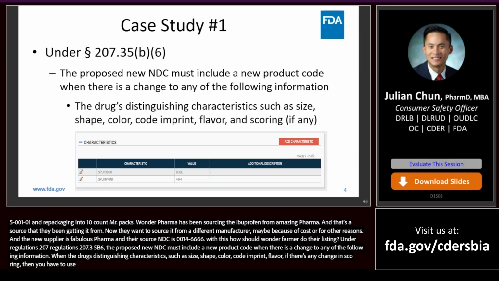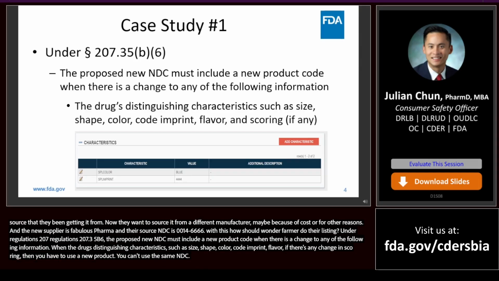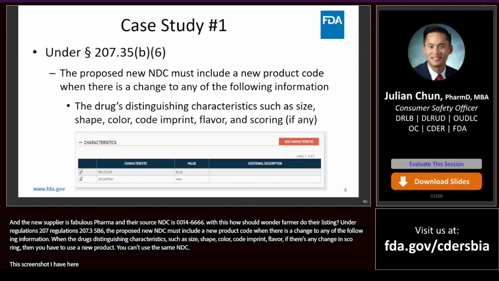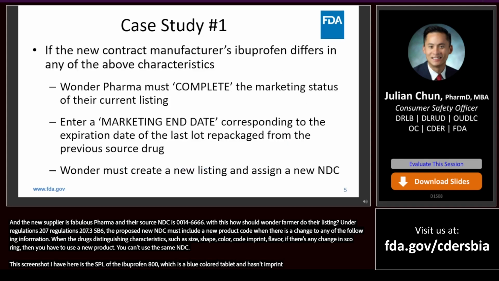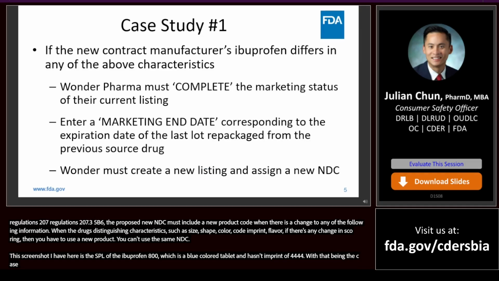So this screenshot I have here is the SPL of the ibuprofen 800, which is a blue colored tablet, and it's got an imprint of 4444. Okay, so with that being the case, if the new contract manufacturer's, this Fabulous Pharma's ibuprofen, differs from any of the above characteristics, it's a different color, it's a different shape, it doesn't have the same imprint, then Wonder Pharma